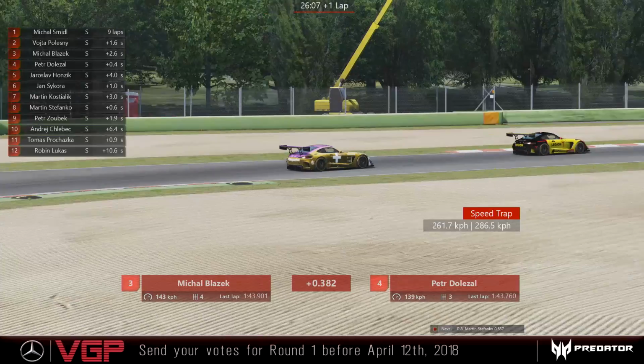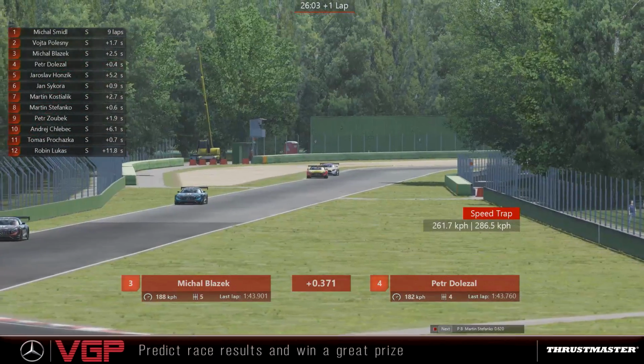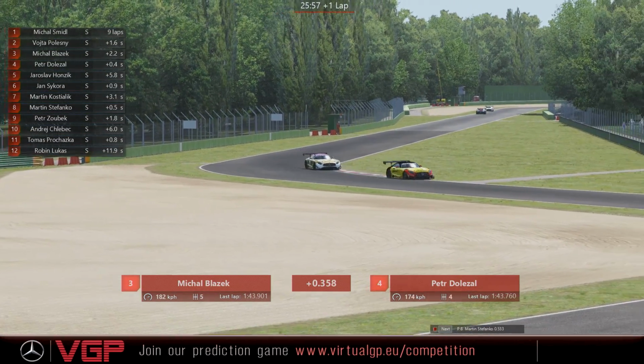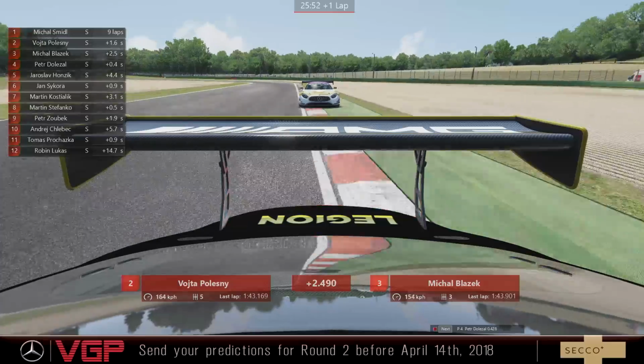These GT3 cars, if you start going side by side, you are going to lose a massive amount of time to the cars around you. Or particularly if you start tapping the guy in front, they get very unsettled very easily. And we've seen quite a few incidents already as we're now back with Peter Dolezal in that second Secco Plus Mercedes,